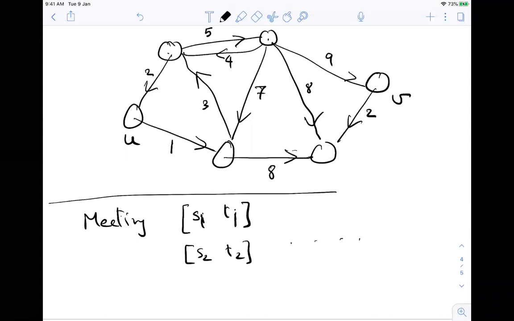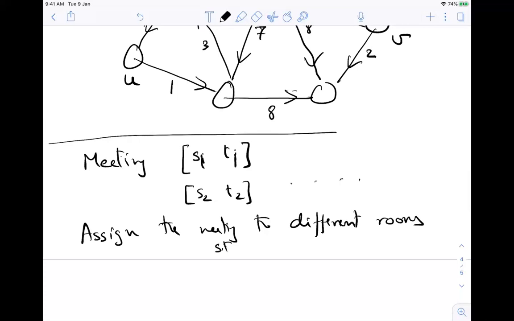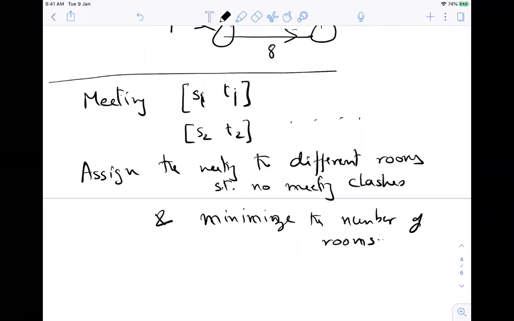And now your goal is to assign the meetings to different rooms, such that no meeting clashes. And of course, you want to minimize the number of rooms. How do you solve it?